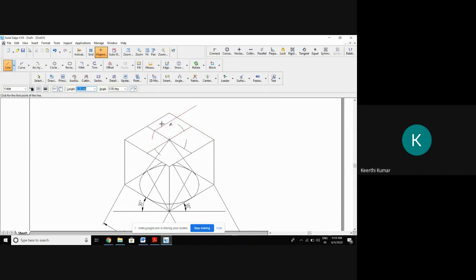Once it is finished, remember, you're supposed to draw the line from this point parallel to the boundary. Similarly, the line I will draw now should be parallel to the boundary. It will take some time, no issue. You learn properly that the line you are drawing should be parallel to the boundaries. I'll show you how to draw it parallel. So this line should be parallel to this boundary, this to this, this to this. Now I'll trim the extra lines, then you'll come to know how it will be.